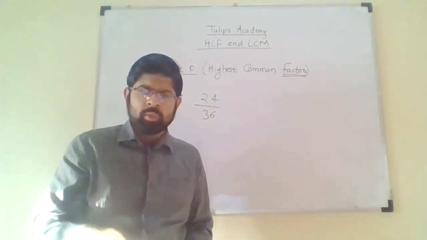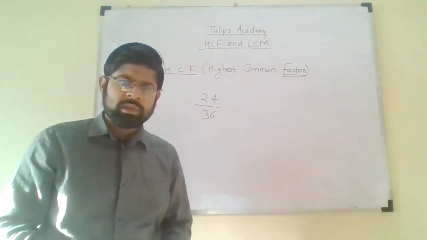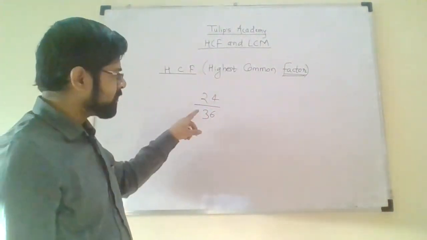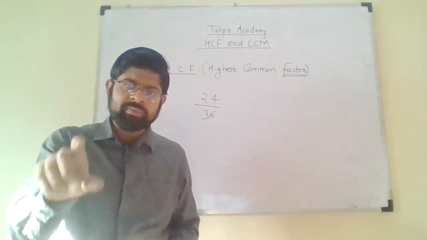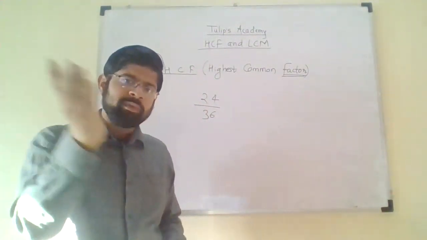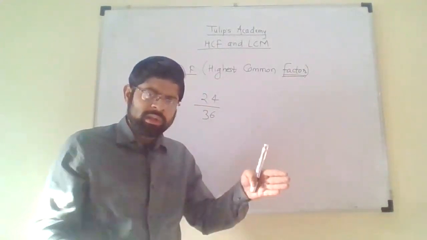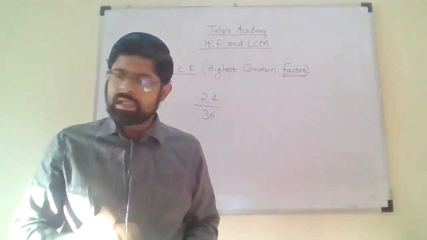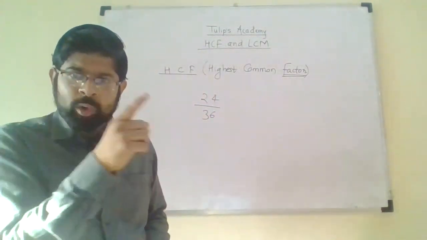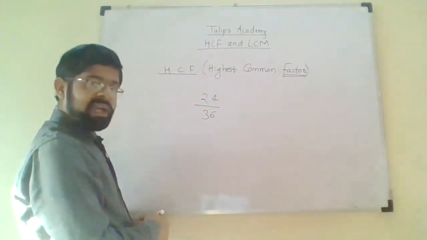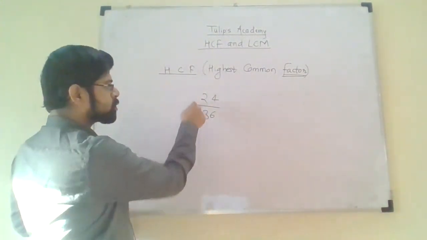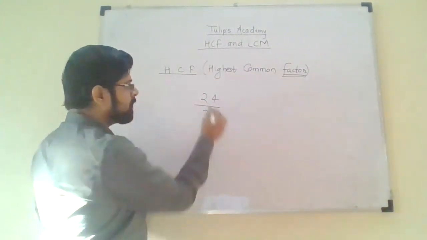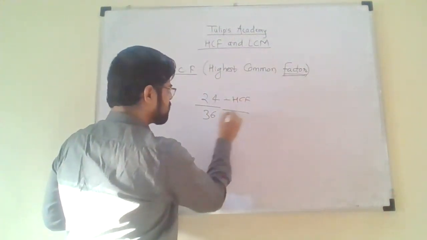Now what would one do? One would first divide both the numbers by 2. Then he will get a fraction which is equivalent to this fraction. Then again he will simplify that fraction. He will again get a third fraction equivalent to the first two, and so on. He will continue the process till he reaches the simplest form. But this process is extremely time consuming. So rather than going into this process, we will calculate the HCF, highest common factor, of these two numbers. And after getting the HCF, we will divide both these numbers by their HCF. That's it.